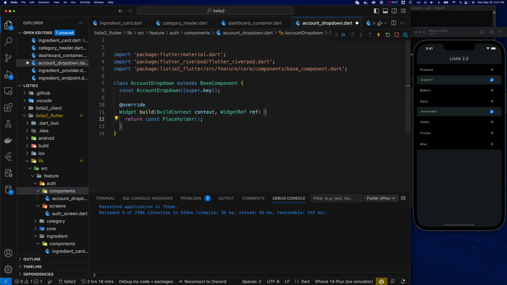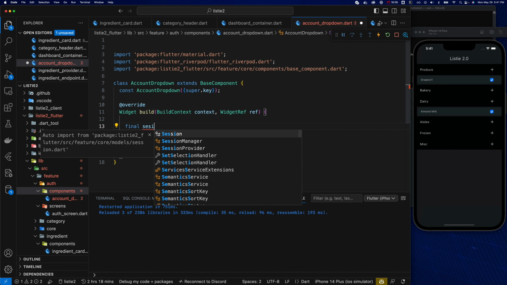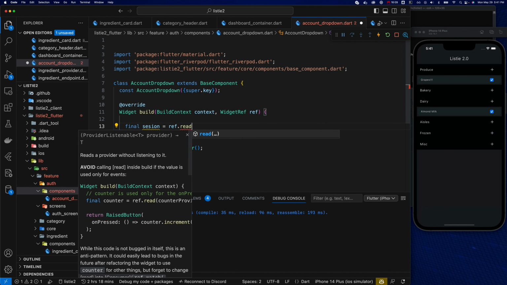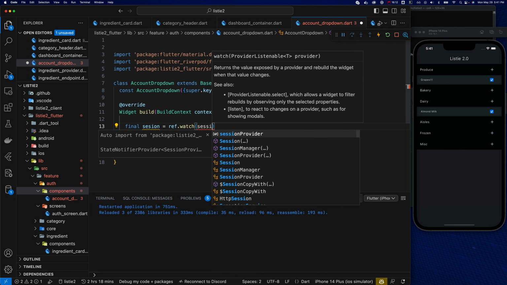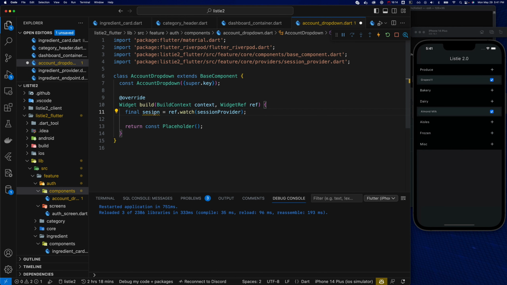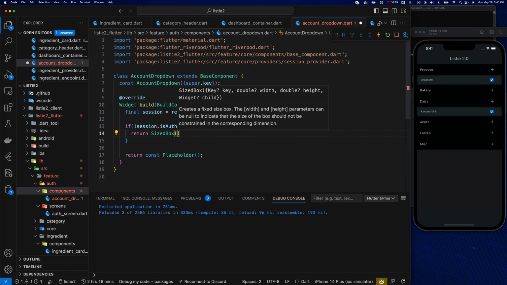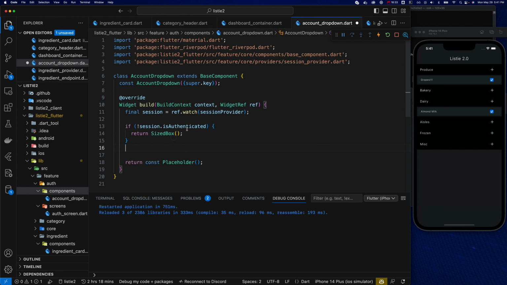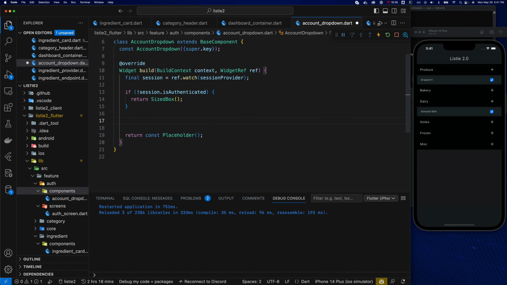Okay, so within here, first of all, let's make sure that the user's logged in. And we can do that just by going session equals ref.watch, session provider. This will get us access to our session object, and we can just make sure, like, if session dot is authenticated, then we'll do stuff, or maybe we want to do it the other way. If they're not authenticated, maybe we just want to return a sized box for now, so that it doesn't actually show anything. Now, if they are logged in, we are going to not return a placeholder, but we're going to return a